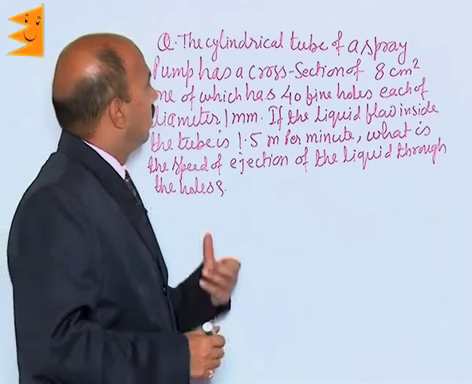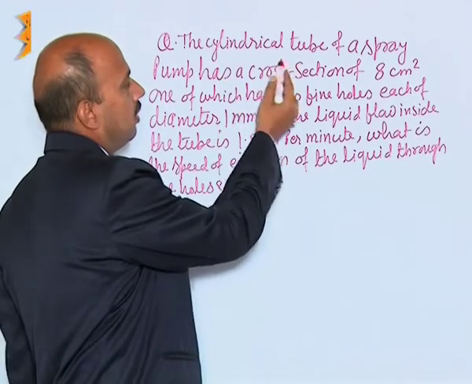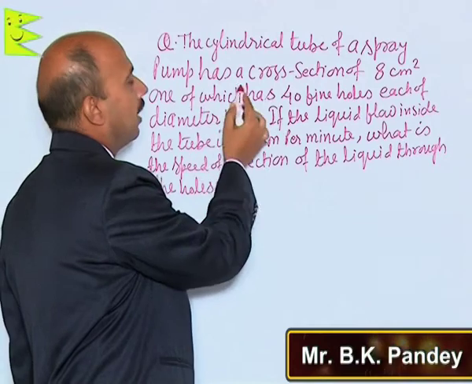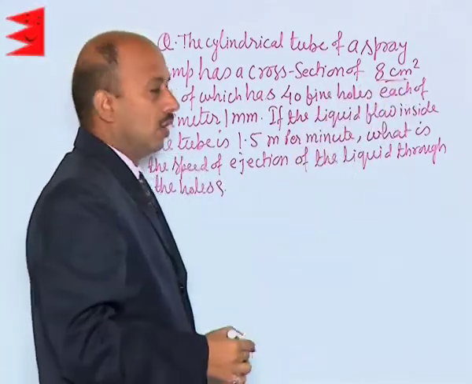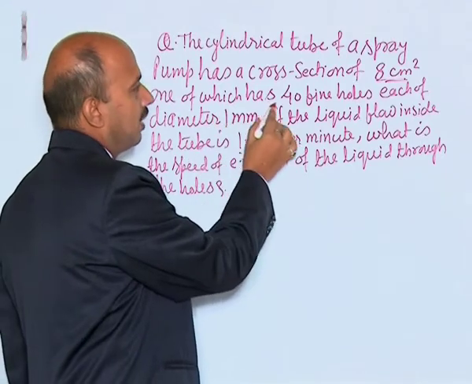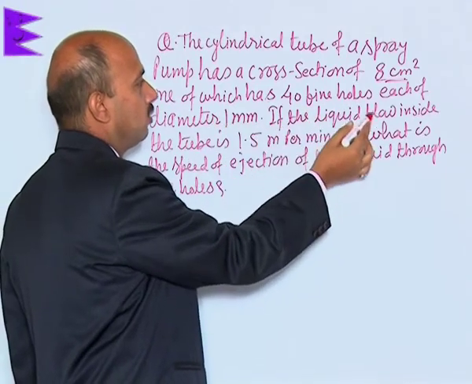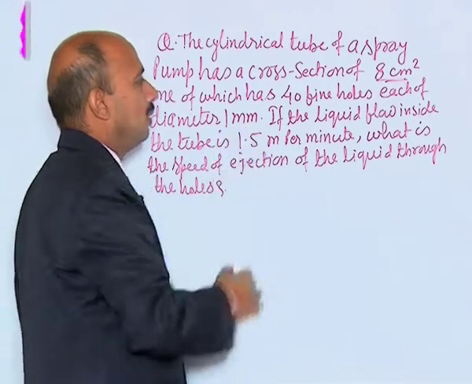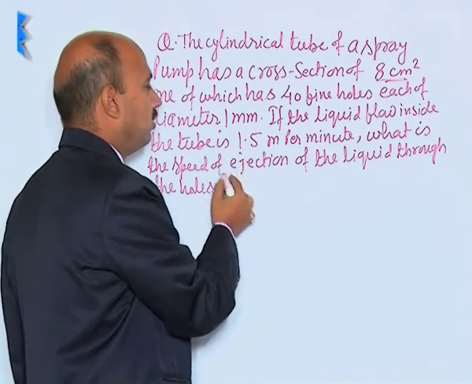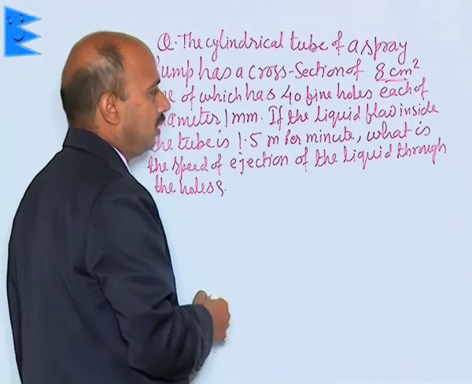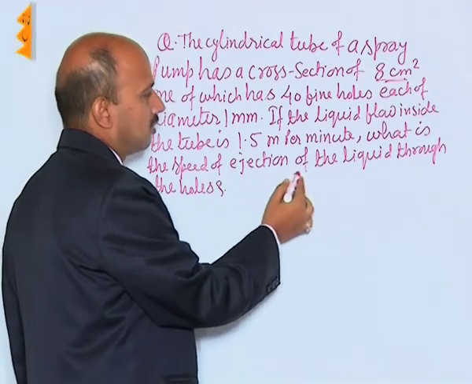Now see here the question: the cylindrical tube of a spray pump has a cross section of 8 centimeter square, and one of which has 40 fine holes, each of diameter 1 millimeter. If the liquid flow inside the tube is 1.5 meter per minute, what is the speed of ejection of the